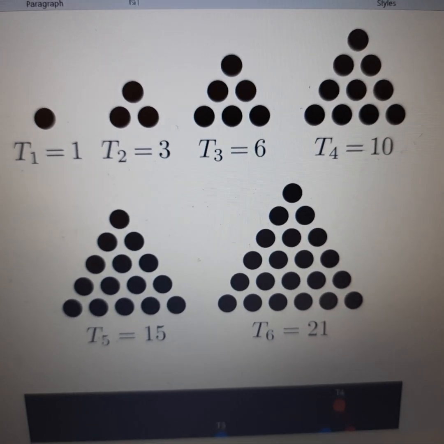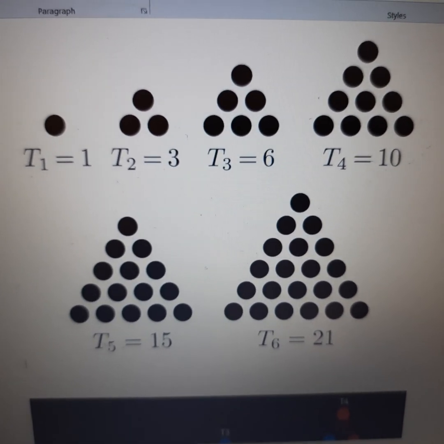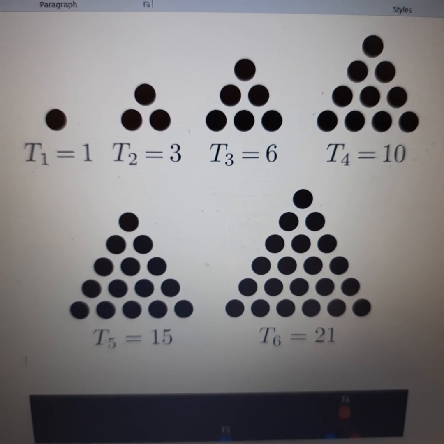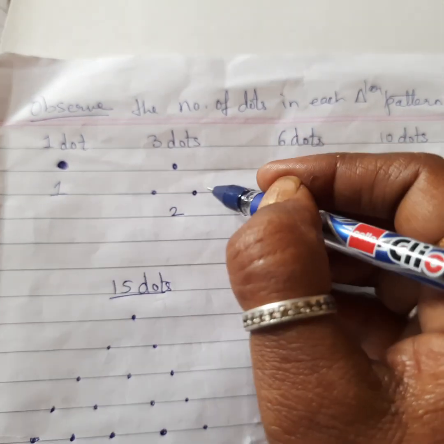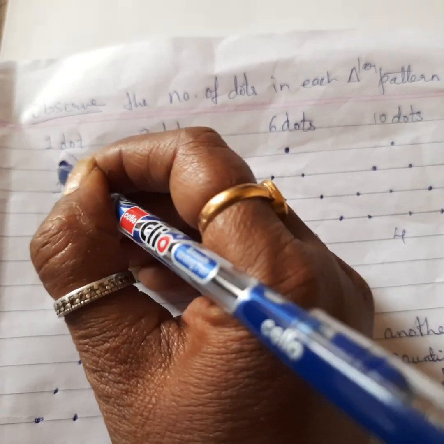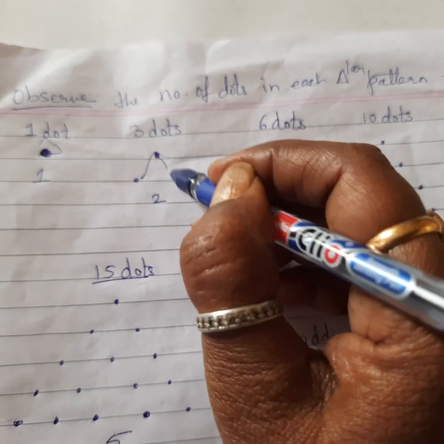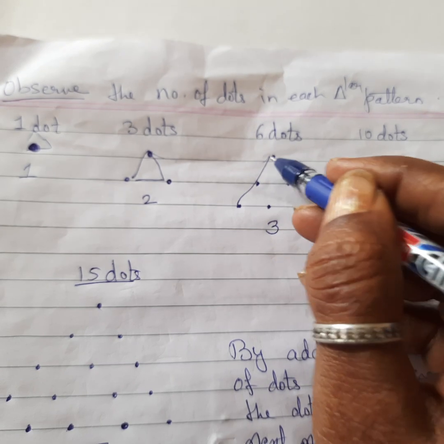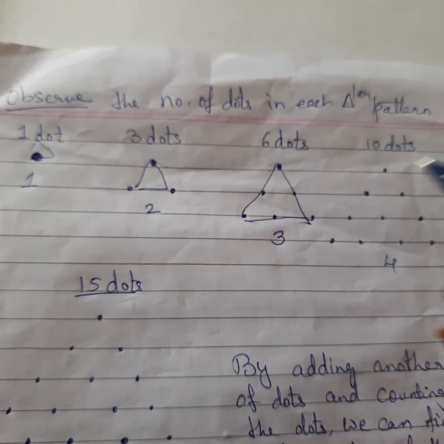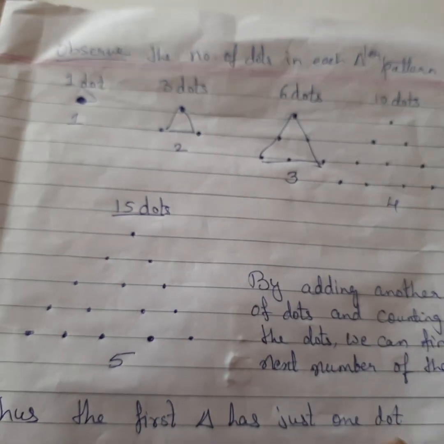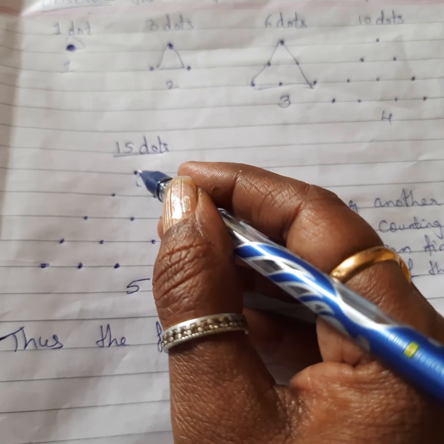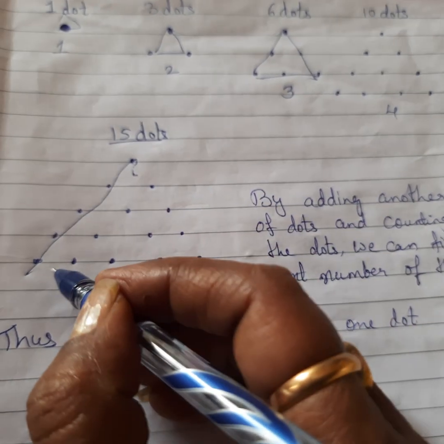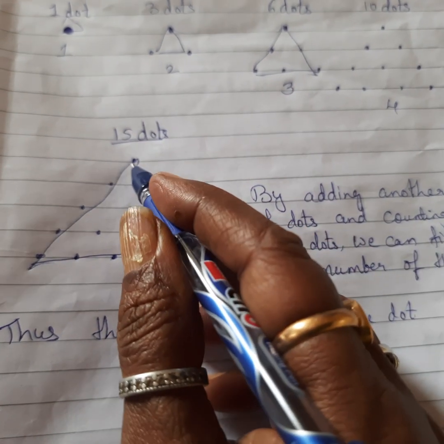Now when we want to know the answer to the question, that is, if 3 is the first triangular number, then what is the 10th one? How will we find out? This I already showed you. 1 dot, one triangle can be formed, and here also. Okay. One triangle. You can see 1 plus 2 plus 3. Here also you can see this one big triangle. Since it's forming a triangle, children, we call them triangular dots. Even 15 dots, you draw the triangle, you join all the lines. Since I'm not using a scale, my line is going here and there.